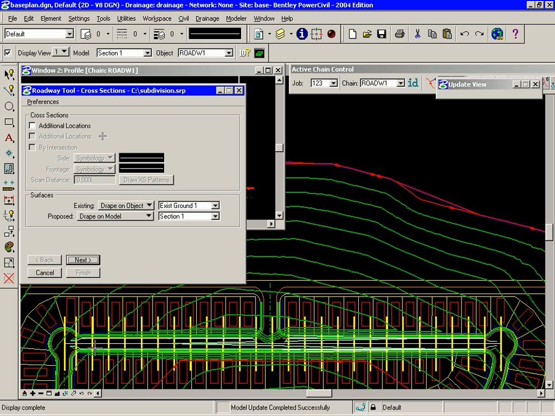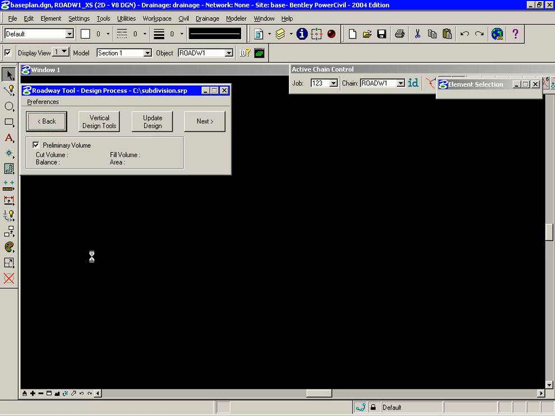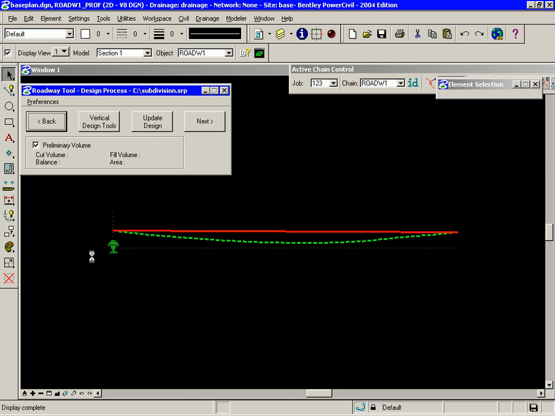Here we see our cross sections shown at 50 feet along the roadway. At this point, we can choose to define additional locations for cross sections and how they'll be draped, either on the existing ground or on the proposed model. When we click Next, the final model is created